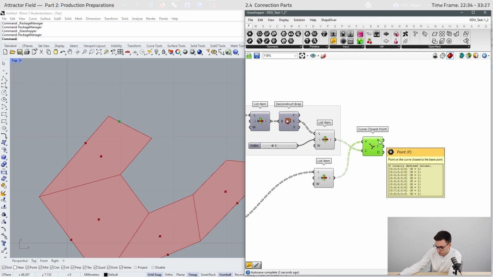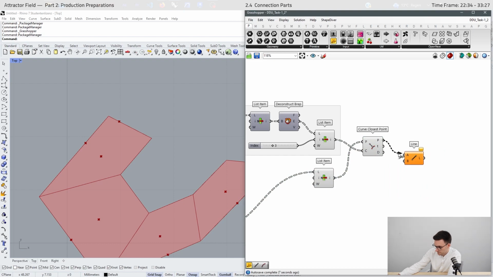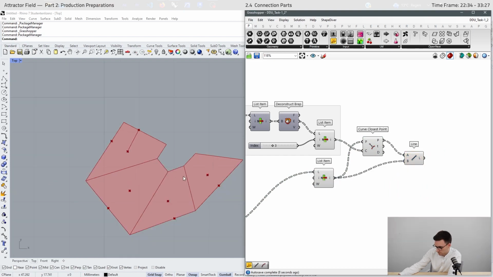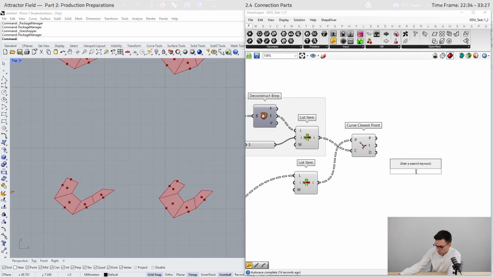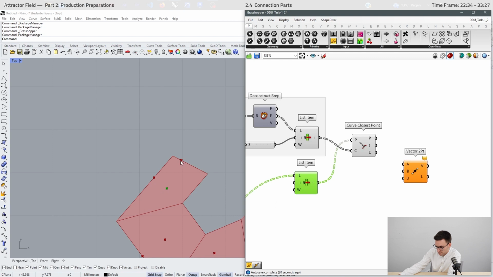And with this point right here and this point, we can create a line to visualize it. Yeah, and these are the directions. We need a vector, so from this point to this point.